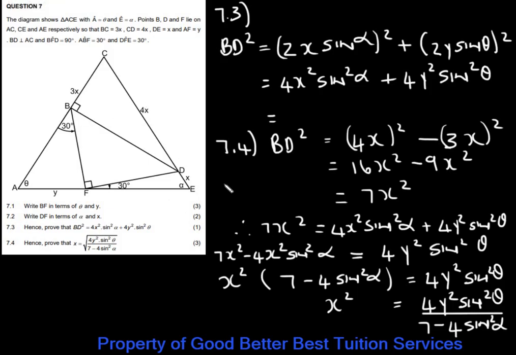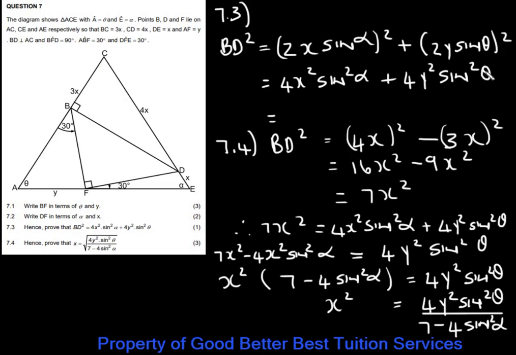Now they ask us to find BD squared. It says hence prove that BD squared is equal to 4x squared sine squared alpha plus 4y squared sine squared alpha. But we see that triangle BDF is a right angled triangle. And so we can say that BD squared is equal to (2x sine alpha) squared plus (2y sine alpha) squared, which gives me 4x squared sine squared alpha plus 4y squared